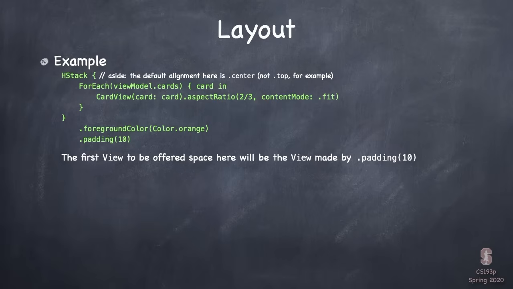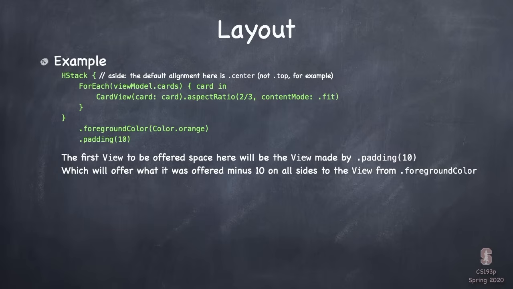It's actually the view that is this whole thing in the end. It's going to be offered whatever space is available for this whole green construct here. Now, what it's going to do, it's going to take 10 points off the edges of it and pass that space that's left onto the next view, which is the view returned by the foreground color modifier. Now that modifier isn't really participating in the layout, doesn't really have any effect on the size and position of the thing, so it just passes that on untouched